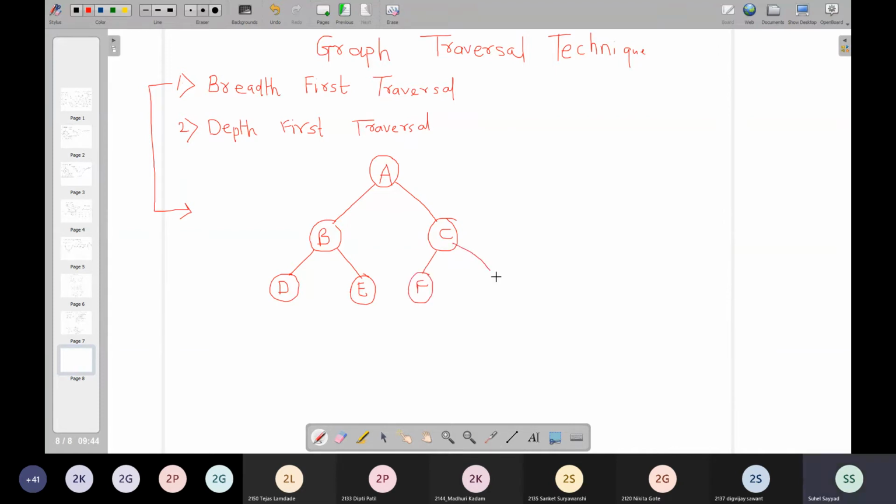We are going to see how we can find the breadth first traversal for this particular graph.